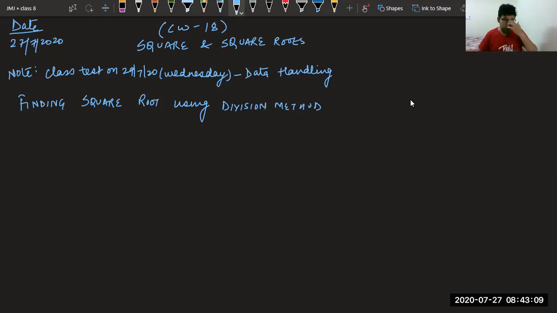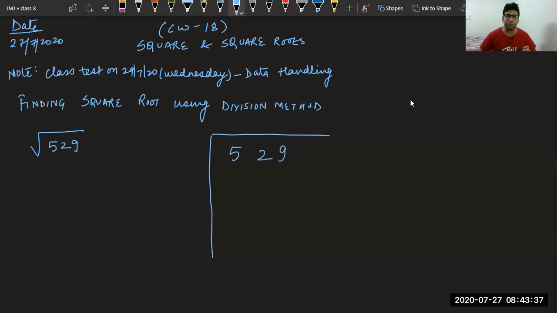Okay. Now see. Suppose we have to find the square root of 529. We have seen two ways. We can find it by repeated subtraction of odd numbers, or by the method known as prime factorization. Now in this method of division, it is easier. The first step, you make a box like this, where you write the numbers like this.